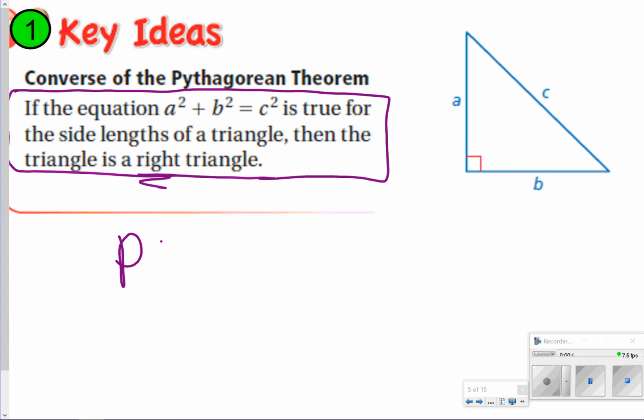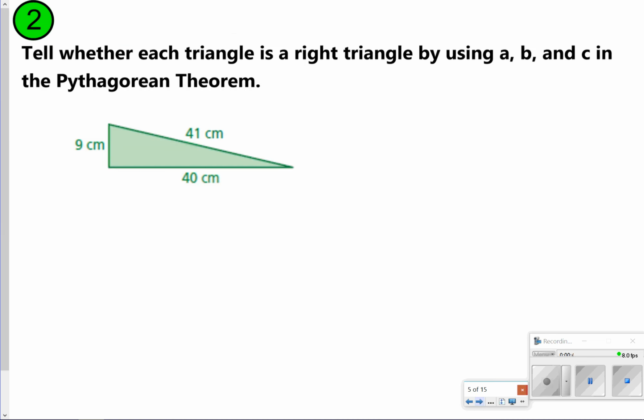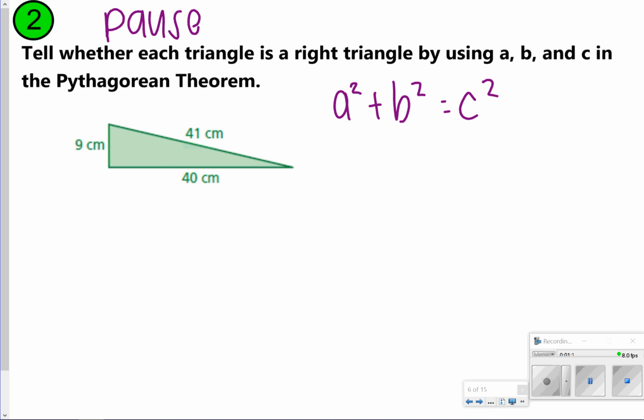So we're going to pause the video here, and once you're done writing this statement down for number 1, go ahead and click play to try number 2. So this is exactly what you're going to be doing in number 2. You're going to be telling me if the triangle is a right triangle by using the Pythagorean theorem. You again want to use a squared plus b squared is equal to c squared and plug in your number values to see if it actually is equal to one another. Go ahead and pause the video now to see if the statement is true, and once you're done, click play